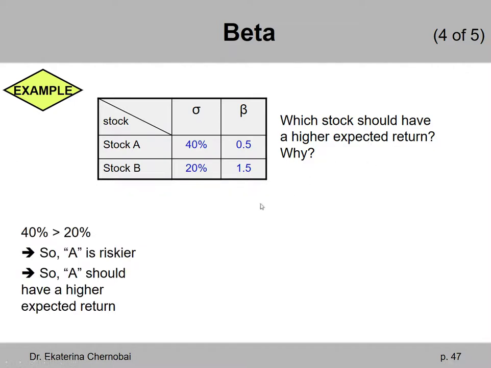Okay, so you can look at it and realize that the sigma is 40% for A, 20% for B. Sigma is the standard deviation of returns. So stock A returns fluctuate a lot more than stock B returns. And so you may think that it's correct to say that A is riskier, and because of that, A should reward investors with a higher expected return. However, this is a wrong way to analyze this problem, because